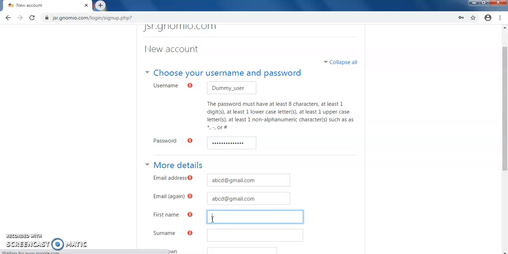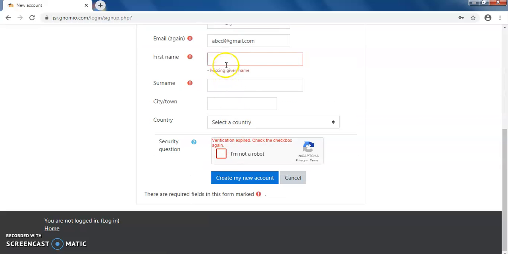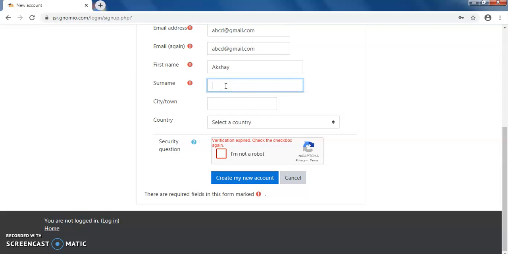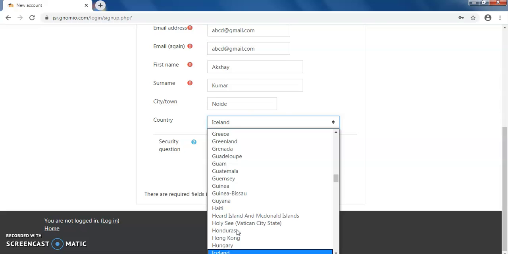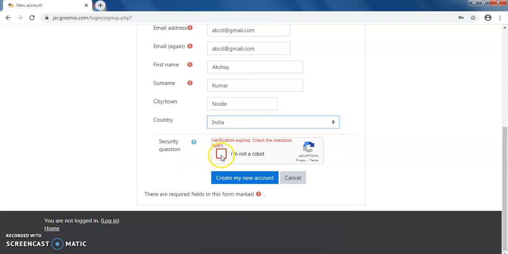Now give the first name. First name will be the name of your own. Select the town or country, India. Now answer the security question. Create my new account. The next tab is to be clicked.